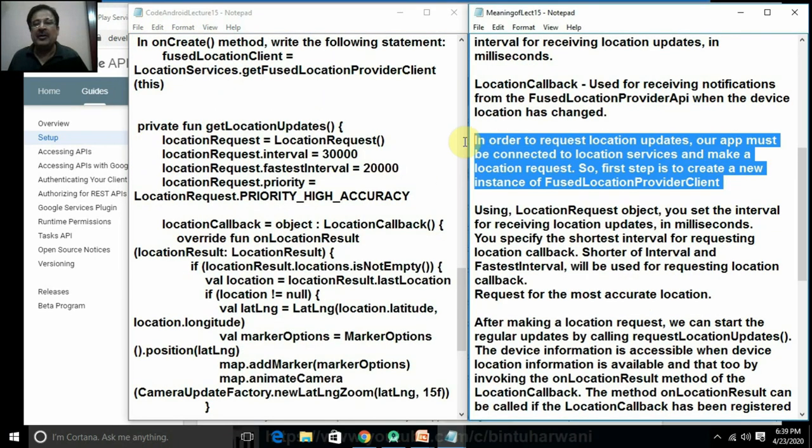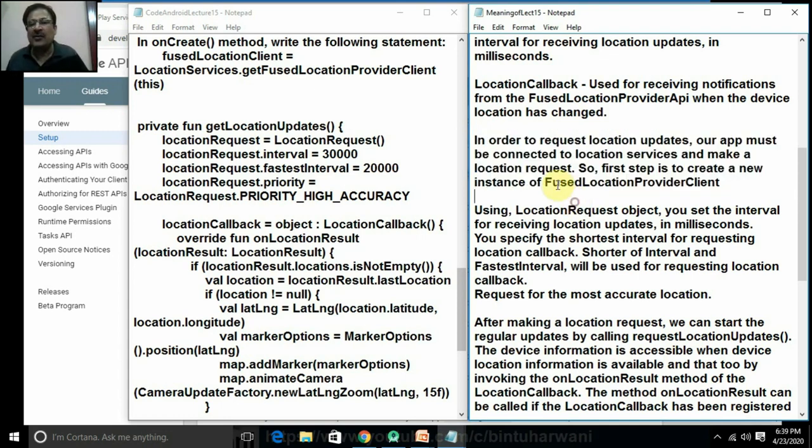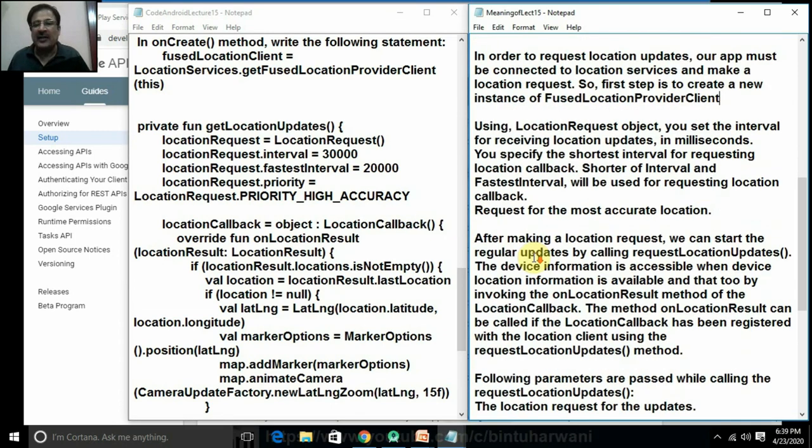This we have already done. In order to request location updates, our app must be connected to the location services and make the location request. We have to first create an instance of fused location provider client. This we've already done. After that, using the location request object, we have to set the interval for receiving the location updates.